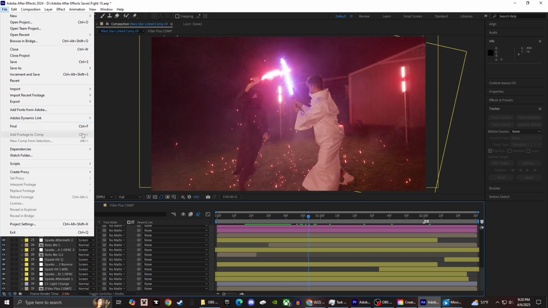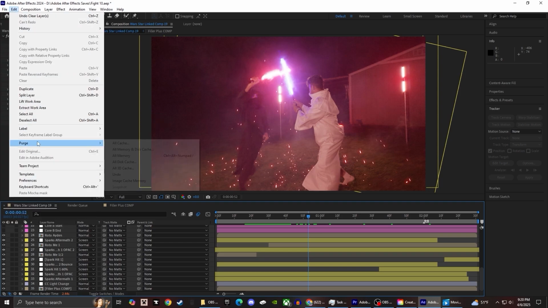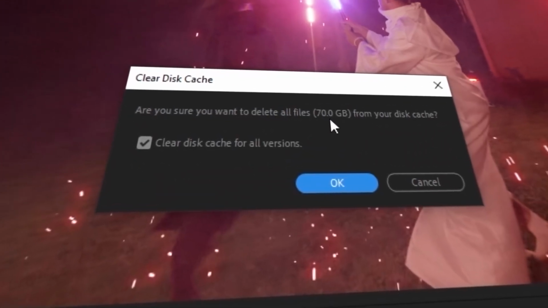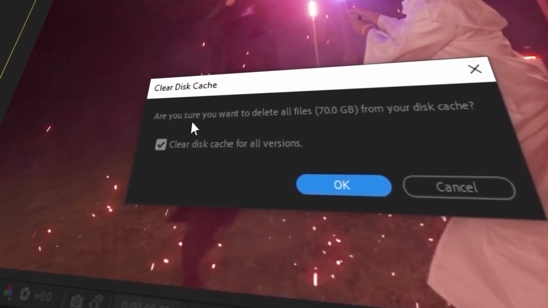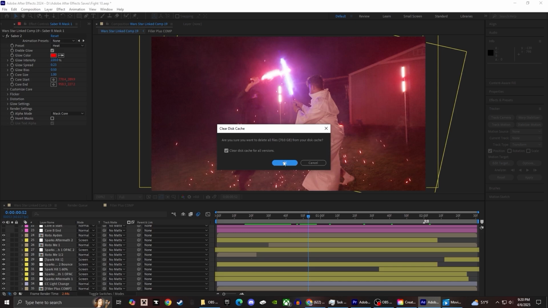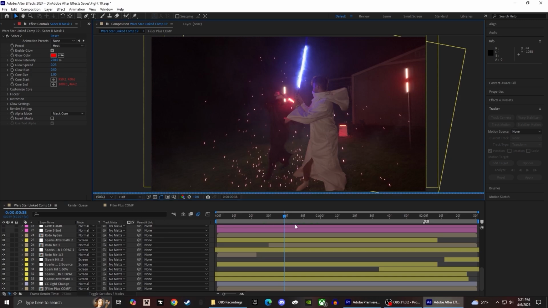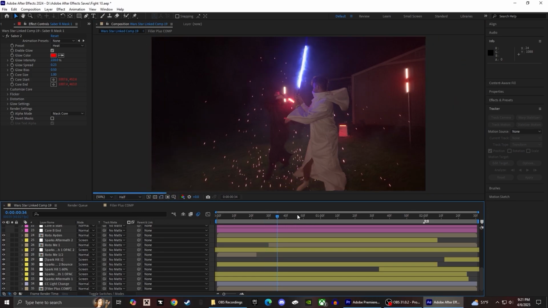Also, another thing, once your comp gets to be a little slow, you want to go and purge your memory and disk cache. As you can see, I have 70 gigabytes. I've increased it that much from the original setting, but 70 gigabytes of cache, you want to clear that. That's all your cache previews for when you preview your video. Okay, and I'm also going to drop the quality down to half